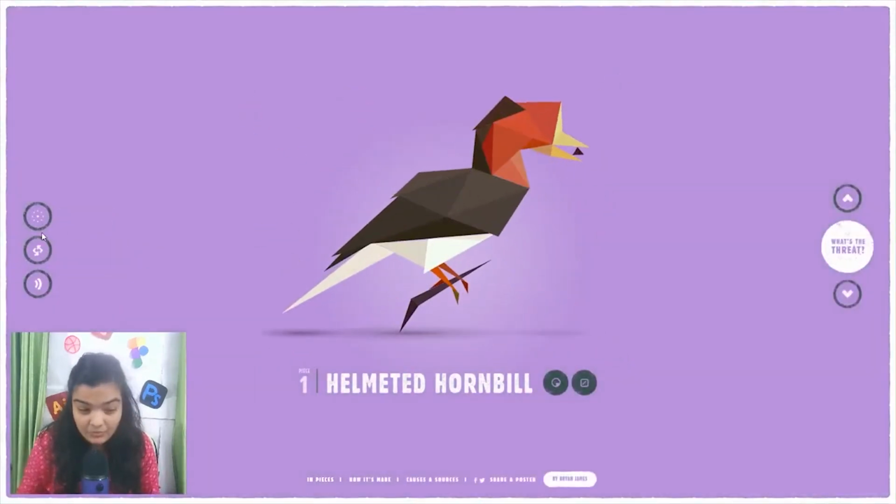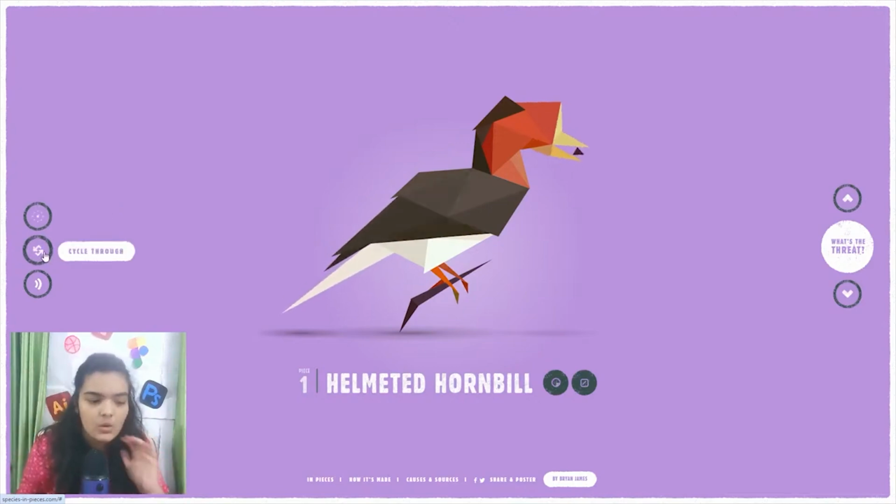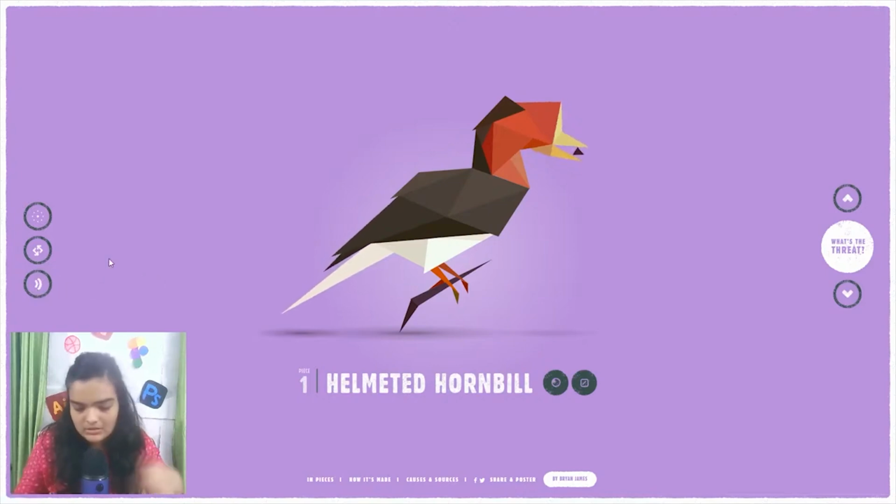The fact that they focus on just having right and left alignments so heavily is also completely amazing, stuff you look at and then maybe take some inspiration from. They can cycle through, or you can also do something else. I'm not sure what that does. Sound. Alright, so this is the sound button. We don't have sound on stream, but anyways, they're giving us the names of the other animals as well.